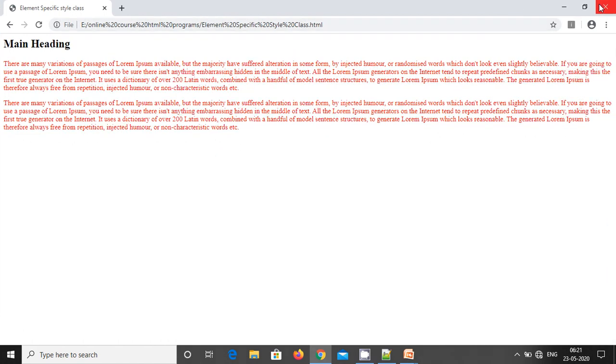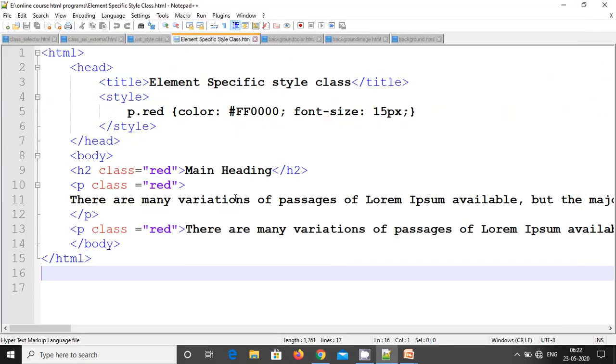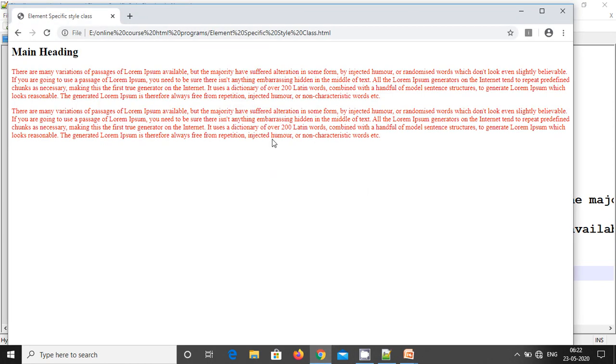That's what we have seen here as well, right? The main heading was appearing as H2 and two paragraphs are appearing in red. For the main heading, even though the class name is red, the styling property is not applied because it's an element specific style class. I hope you understood this element specific style class.